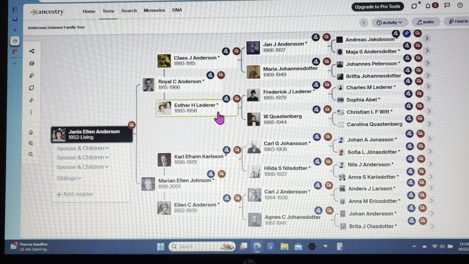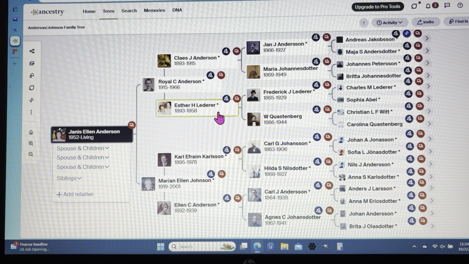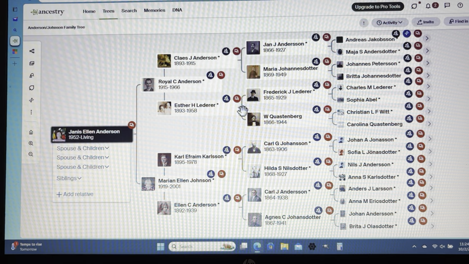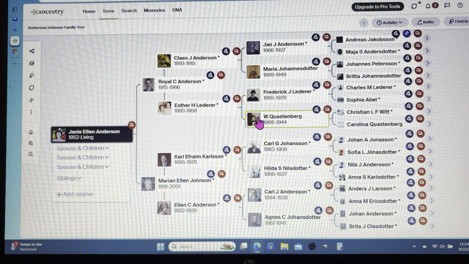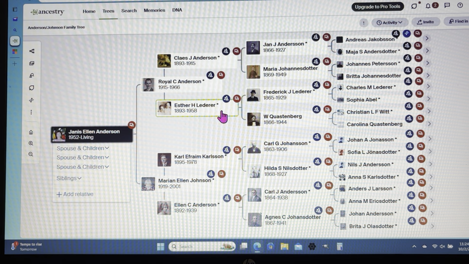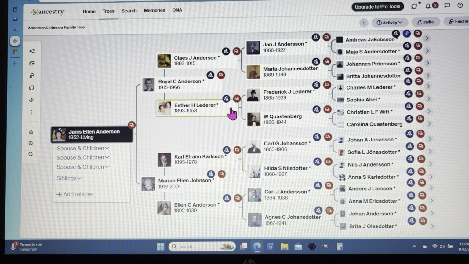So in an age where the plastic wasn't even thought of yet, and laundry was a challenge in the best of cases, she was in a very bad spot. And her mother took care of her for a number of years in the beginning. And my father, who was the only child Esther ever had, lived with his grandparents at that time because his mother wasn't able, she was living with her parents still.